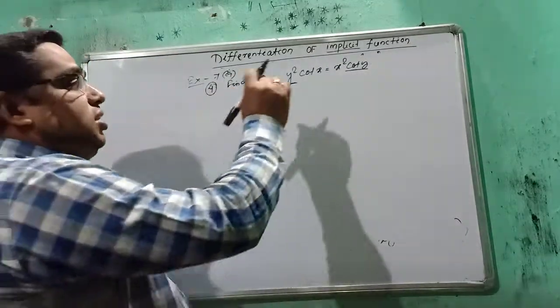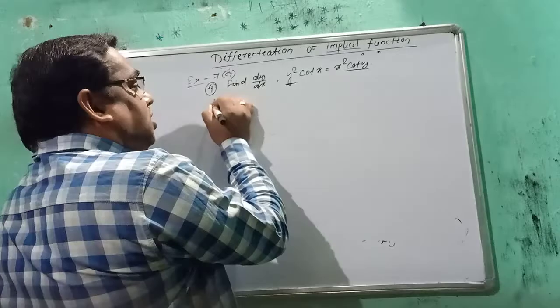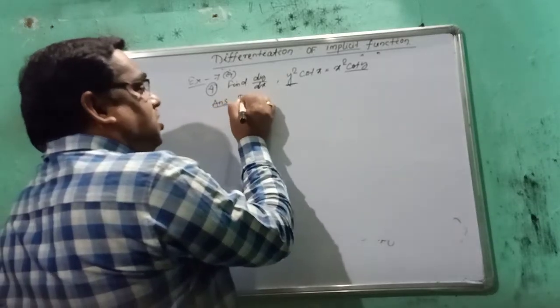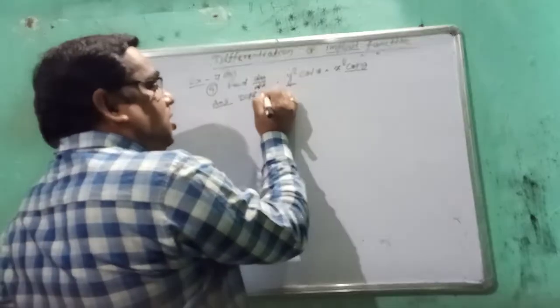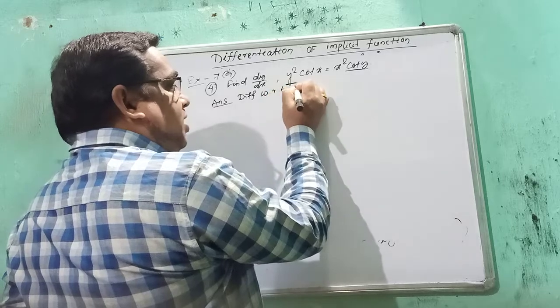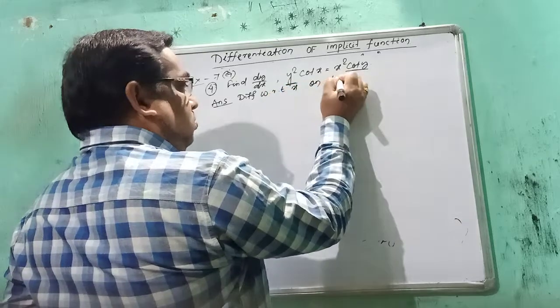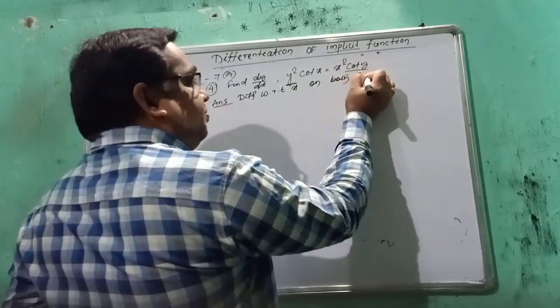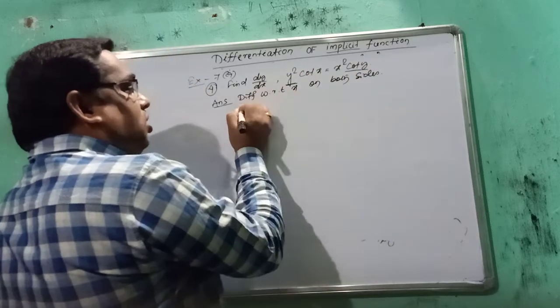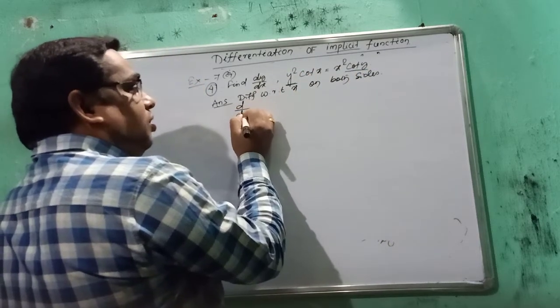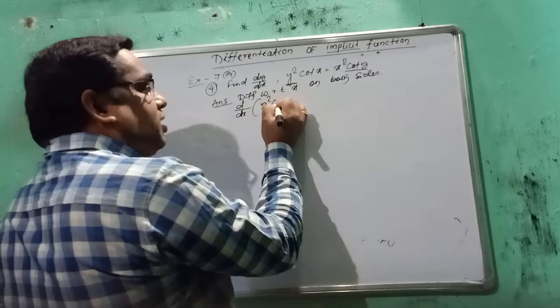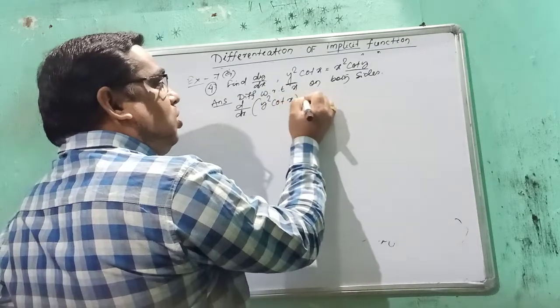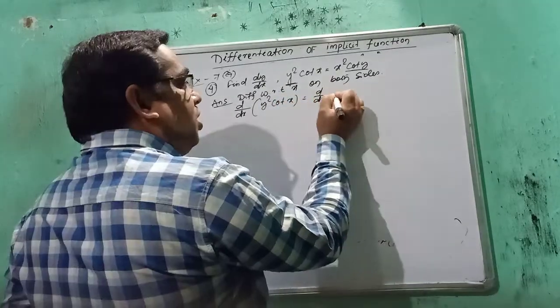Then to find its dy by dx, first we have to differentiate with respect to x on both sides. Now it is d by dx of y square cot x is equal to d by dx of x